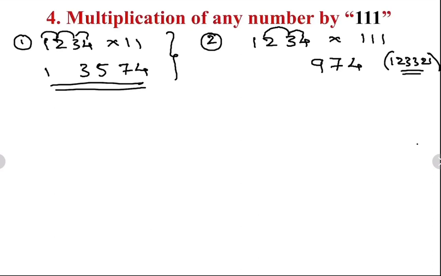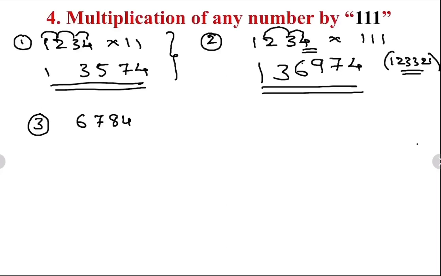Next, 3 completed, leave 4, 3 plus 2, 5, 5 plus 1, 6. 3 digits completed, next 2 digits. 2 plus 1, 3. Next. This is the answer. If you go with another example,